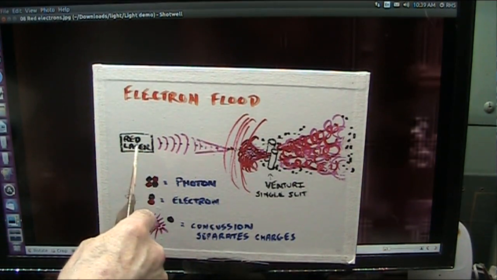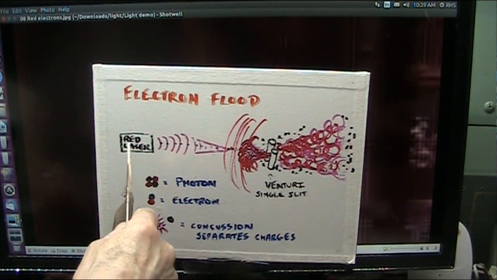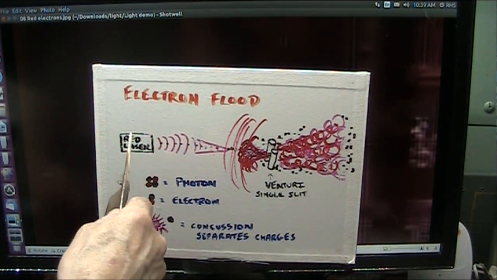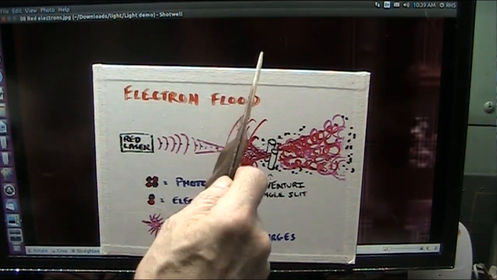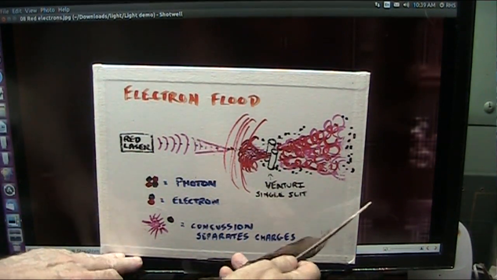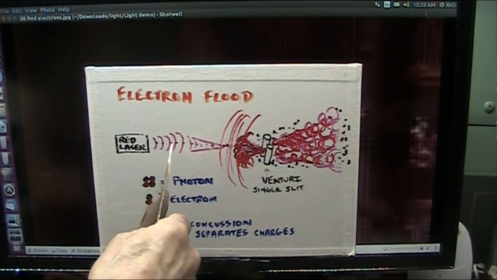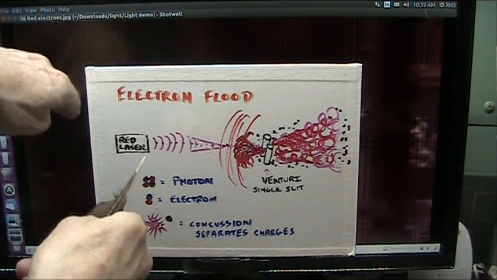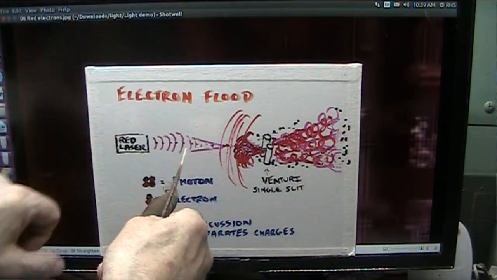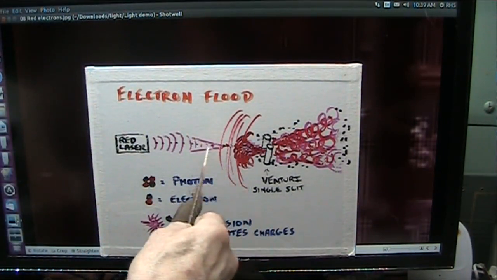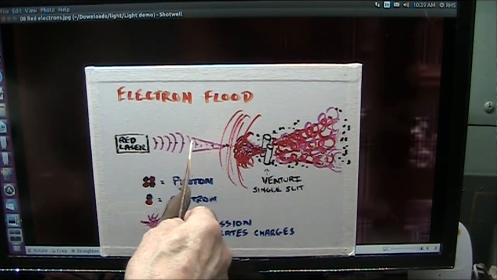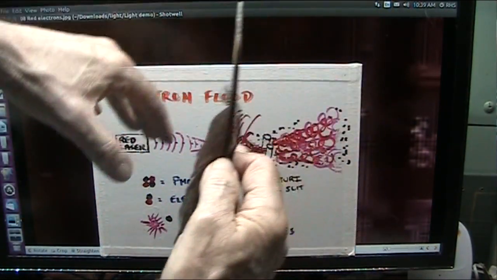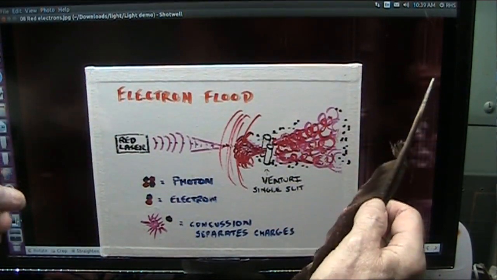A red pulse laser, very inexpensive construction laser actually. It's going boop, boop, boop, boop, boop. Well, these are actually particles coming out. The particles I showed you, and we will see again in a second. And those particles come out of here at a regular, very normal rate, and then all of a sudden, as they approach this Venturi, they accelerate. We see them accelerate. We see the particle come and separate itself from the wave. It's getting ahead of the wave, actually, is all it is.